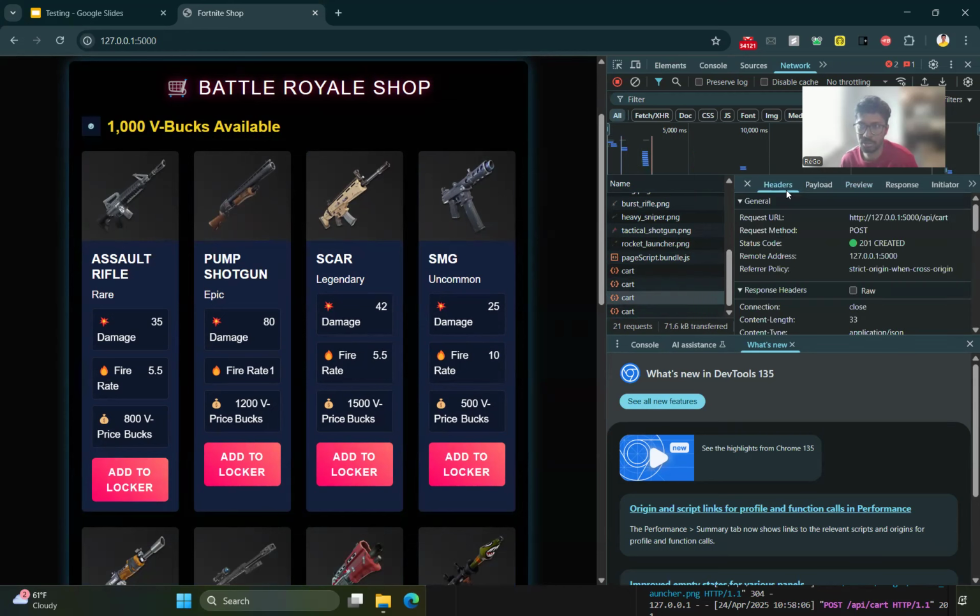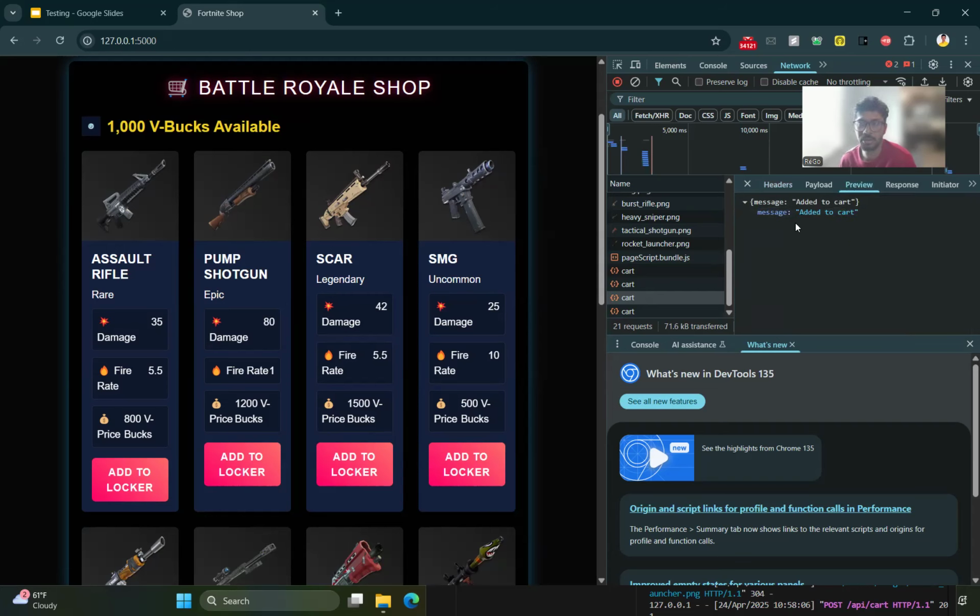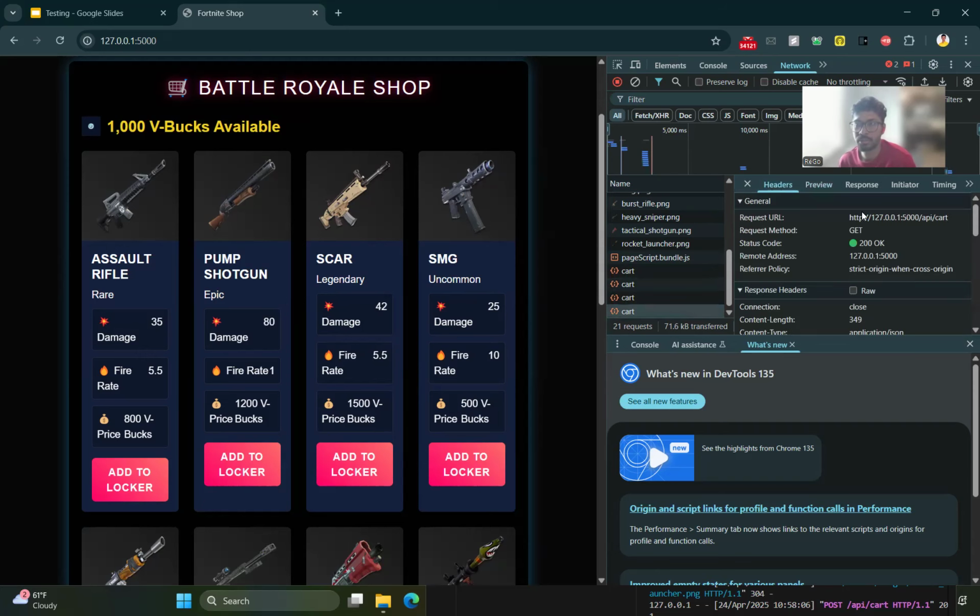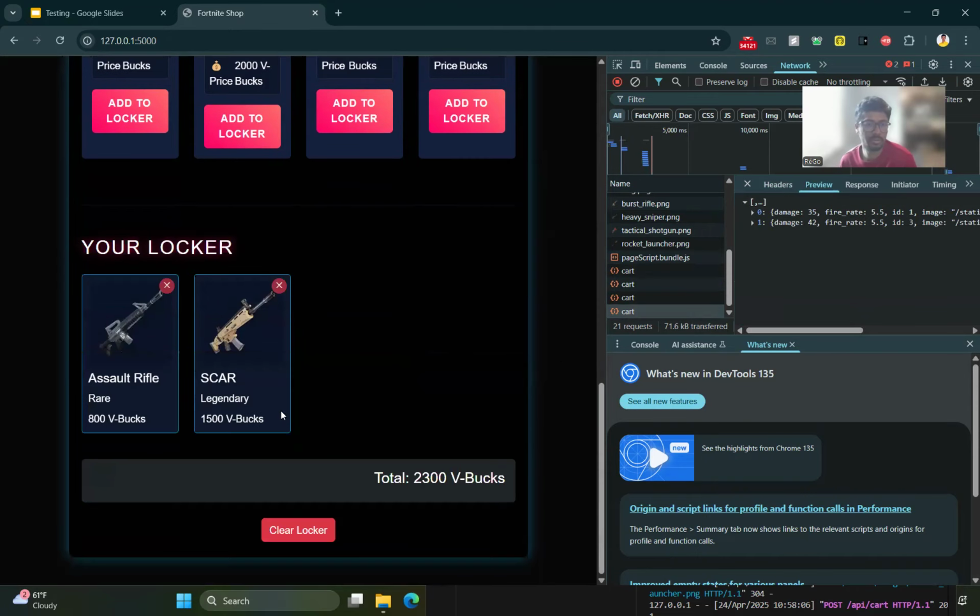Okay. So look at this. There is a POST request for API/cart which is going. It returns 201. You have a response, added to cart. Then you're sending a GET request to the same API. You're getting a response of whatever is in the locker. Okay. Now